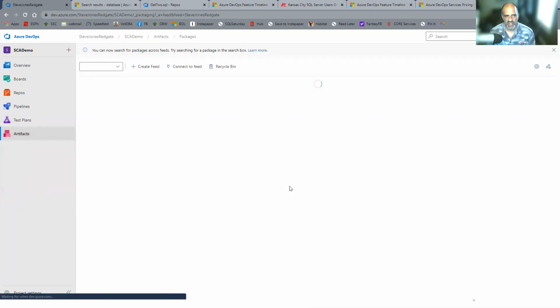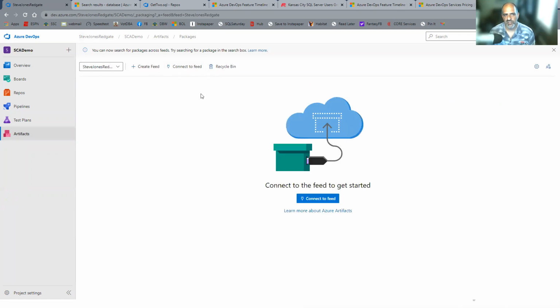Artifacts are for libraries of stuff, so they're essentially for feeds. You might publish a feed out when you build a DLL, for example, a .NET thing, or a Python module, and then you connect the feeds to pull back in. For a lot of companies like us at Redgate, we have certain components of software that we build that are shared amongst other pieces of software. So this is where we do the integration piece. Not really a database thing,